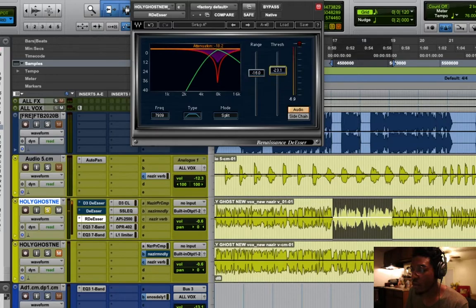That's pretty mild. If I raise the threshold, it's not going to pull anything down. If I pull down the threshold,